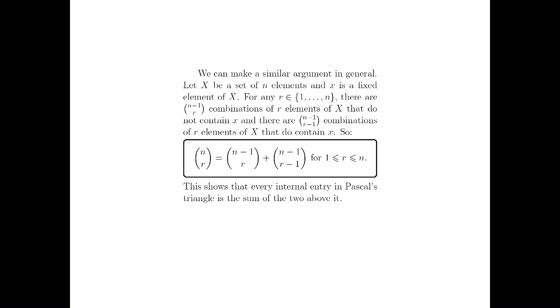Okay, so those are our two patterns, right? We've got that every row reads the same left to right and right to left, and we've got that everything is the sum of the two things on top of it, right? It sort of looks like these won't quite be on top of it, like this will be on top and this will be to the right, but remember, because the triangle's a triangle, not looking like that, they are the two things sitting on top of it.